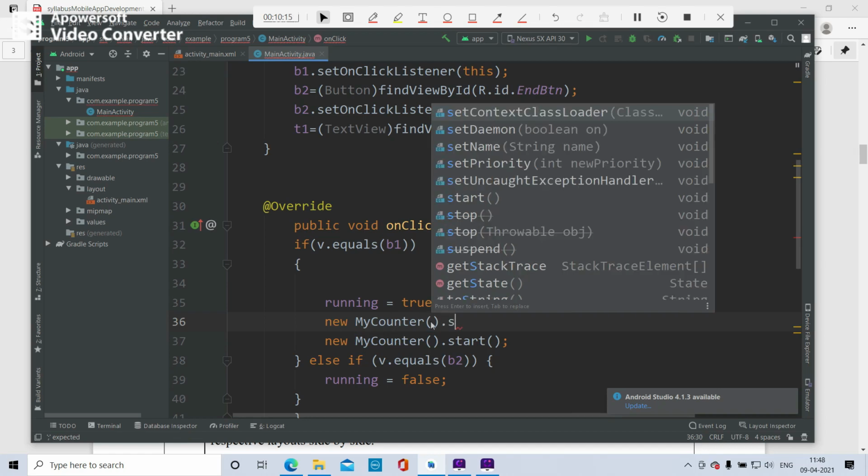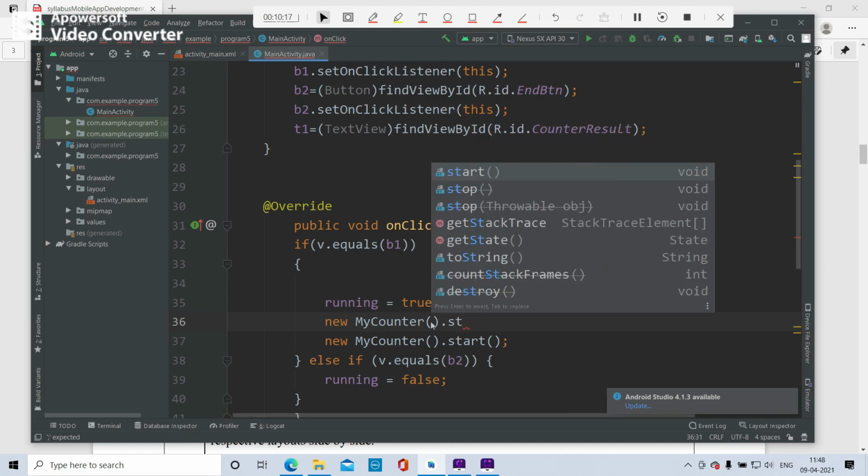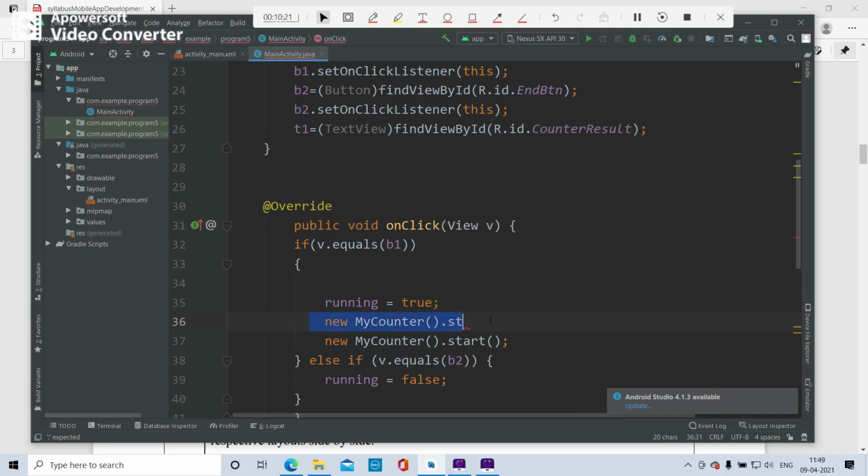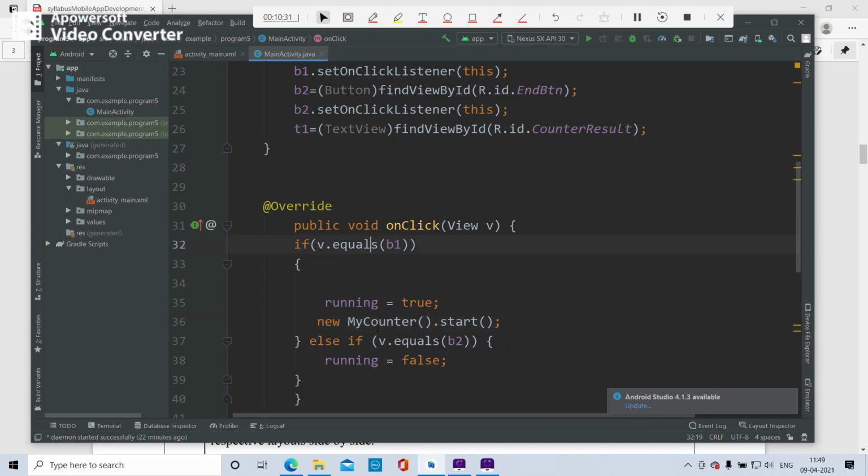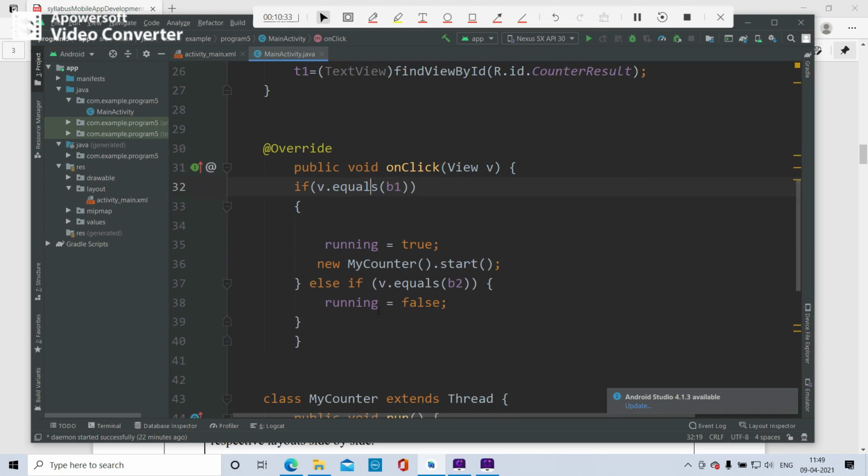Either you can say start or stop, but here you need to start the counter. Make running equal to true if the button is b1, else if the button is b2, then you have to stop the counter, therefore you make running equal to false.